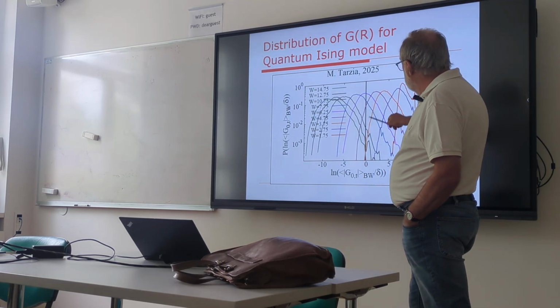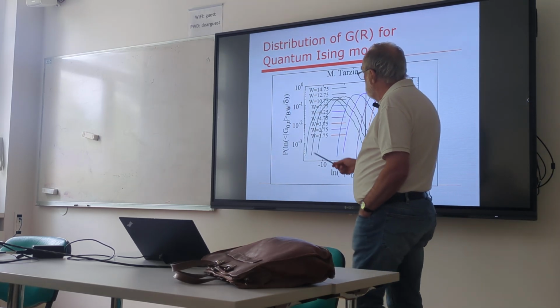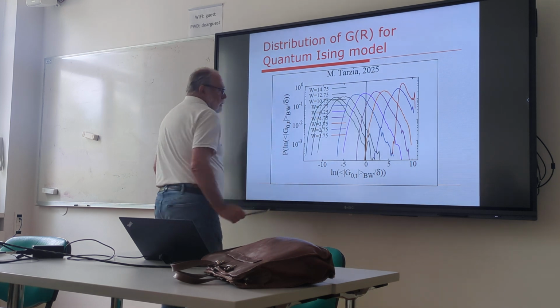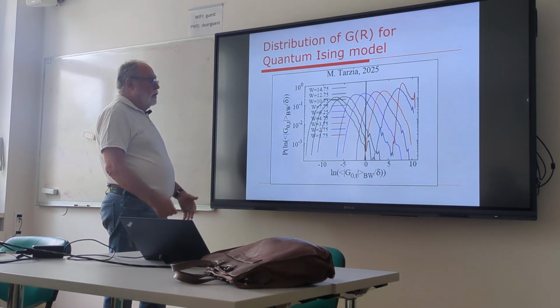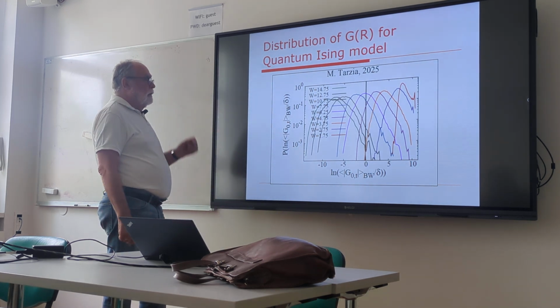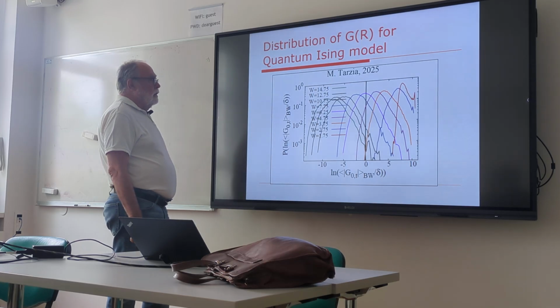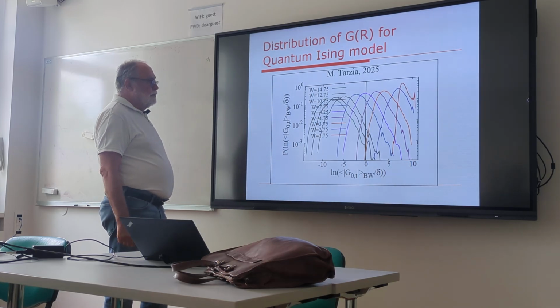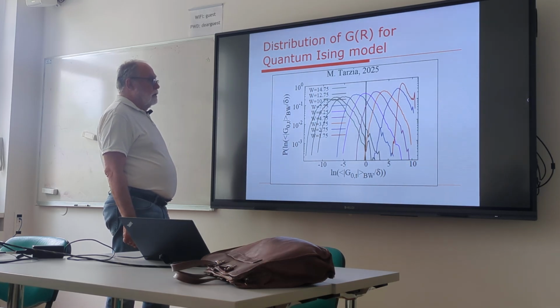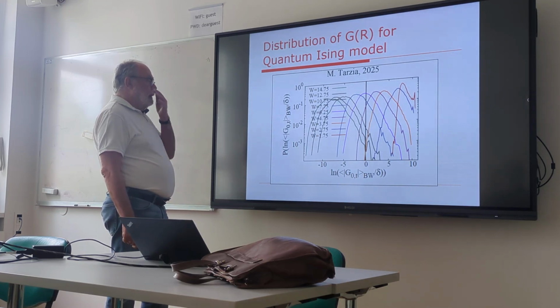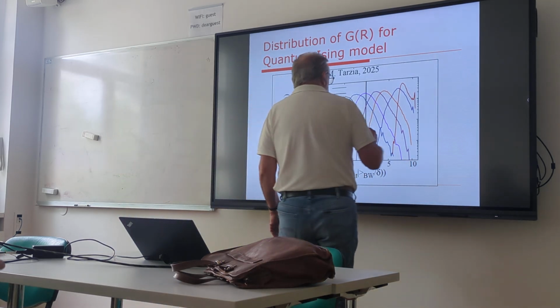And you see the distribution of the Green's function at large distance for the graph that represents the quantum spin chain, with the Hilbert space of the quantum spin chain. And you see that